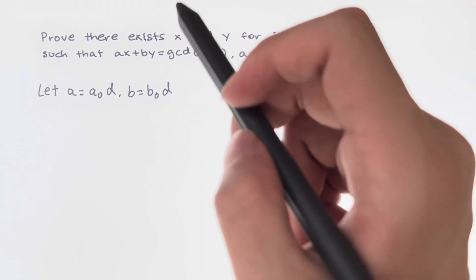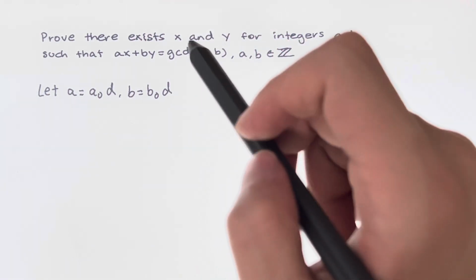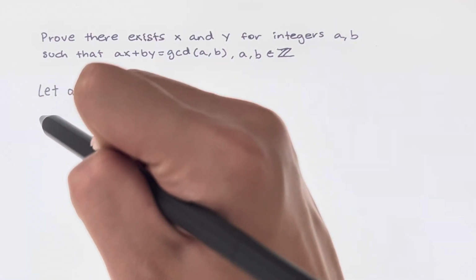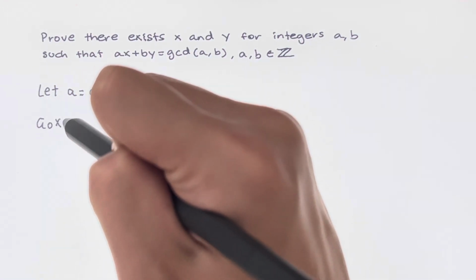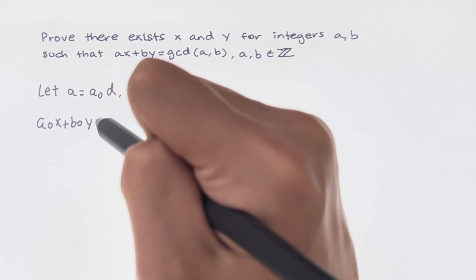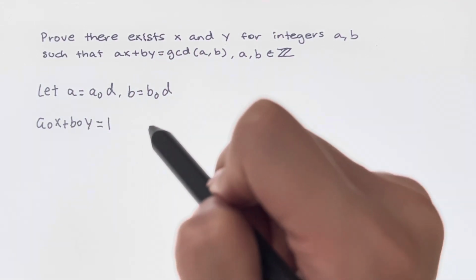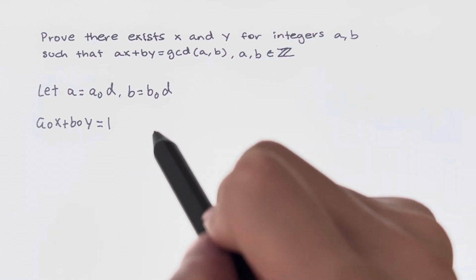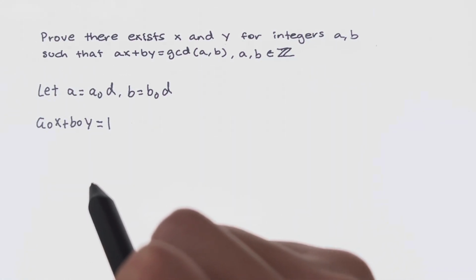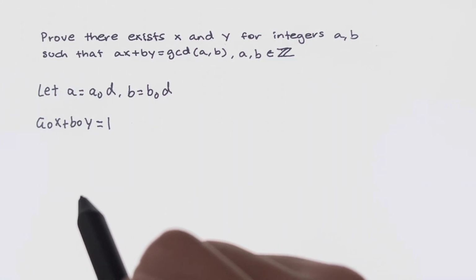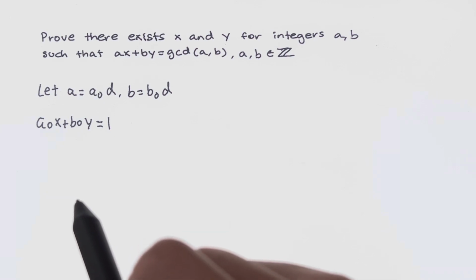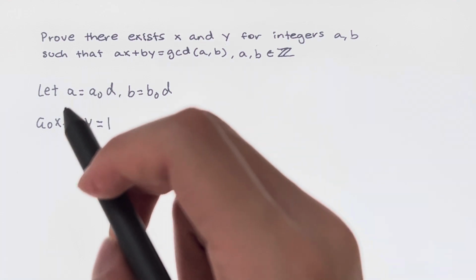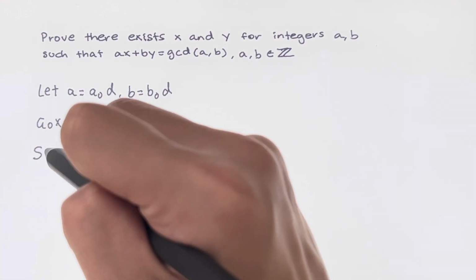And then we can divide ax plus by equals d, or GCD of a and b, by d. So we'll get that a0x plus b0y equals 1. And then, using the observation that 1 is the smallest positive integer, we can write the following proof. Let a0 and b0 be relatively prime positive integers. So, if we have a set S, we can define it as